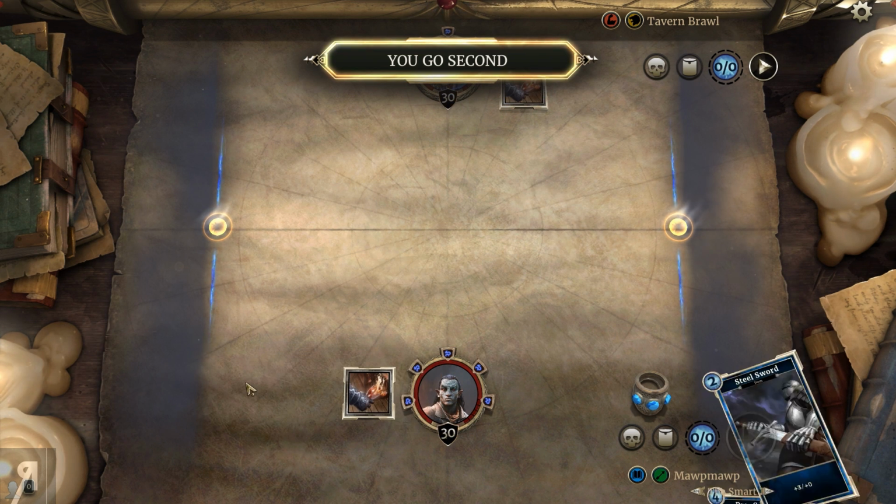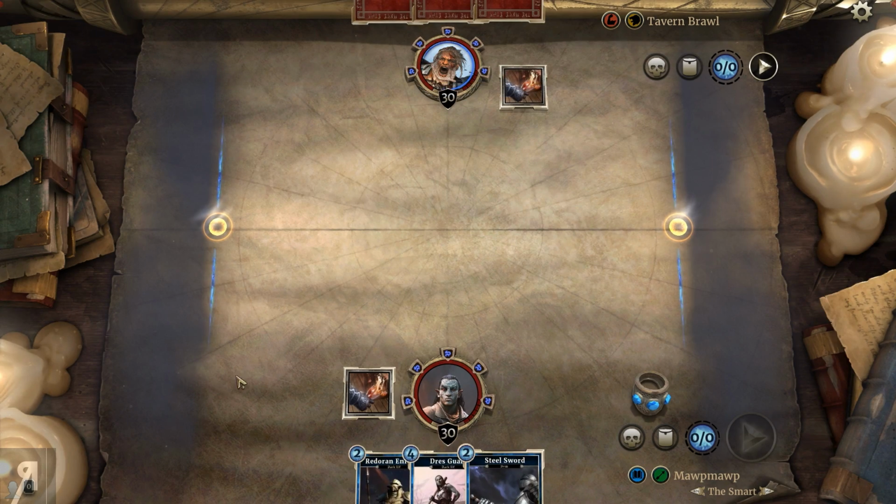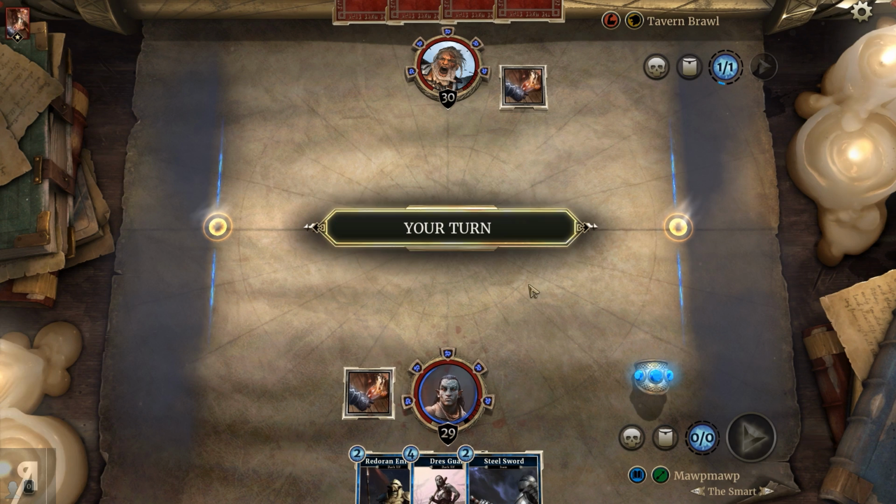So let's have a look. We're going second. That might actually help us out quite a bit. All right, so I'm gonna just keep all of these. I think that's actually pretty decent because this is a nice card. We're gonna use that on turn 1, and then we're gonna use the Steel Sword on turn 2, and then we will use our Ring of Magicka on turn 3, and then summon the Dresguard as well. I think that sounds like a pretty good plan, and we're gonna be getting some pretty decent damage output as